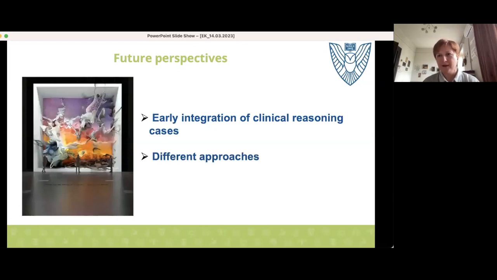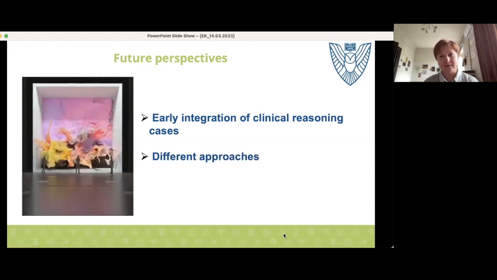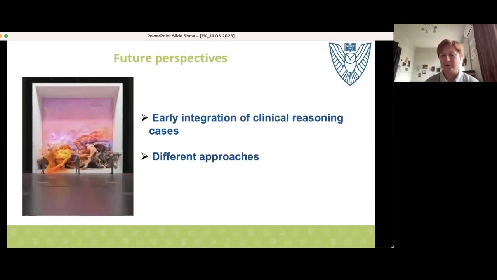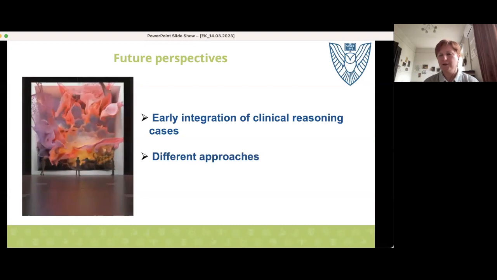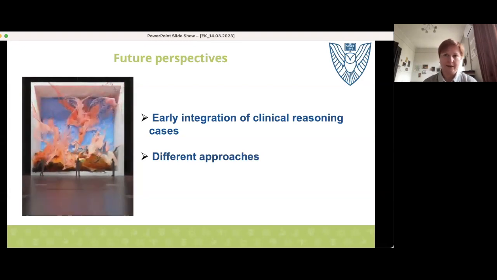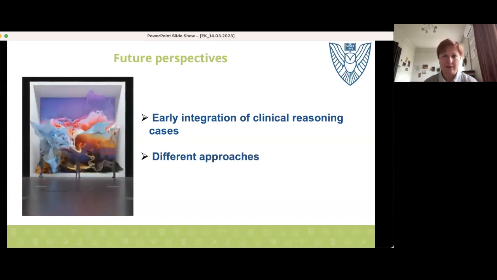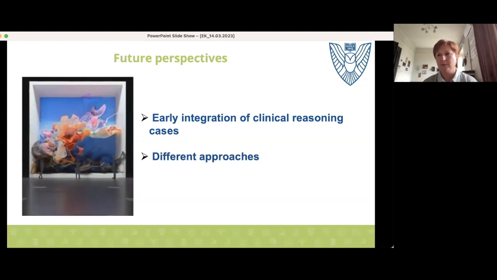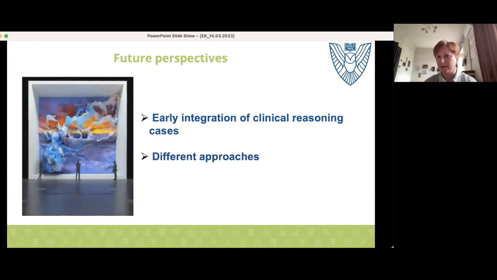The long story short: whenever we tested these possibilities and opportunities to use different clinical reasoning dedicated platforms in the research line, the main point for us was the identification of other possibilities. First of all, students are ready and interested to deal with clinical reasoning cases as early as possible, because it was their choice to become medical doctors. They are interested in their future profession, and they want to have the feeling that they are practicing medical doctors.